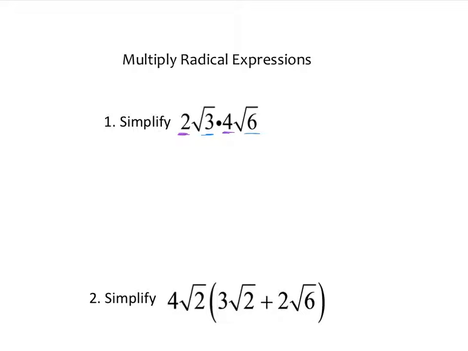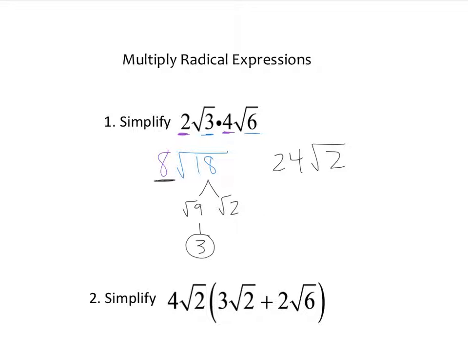So let's start with what's outside in purple. 2 and 4, so 2 times 4 gives me 8. And then what's underneath the radical is 6 and 3, so I'll multiply 6 by 3 and get 18. But that's not my final answer because I can continue to break down 18 because I know there's a perfect square in there of 9 and 2, and the square root of 9 is 3. But I already have an 8 out in front, so 8 times 3 gives me 24 square roots of 2